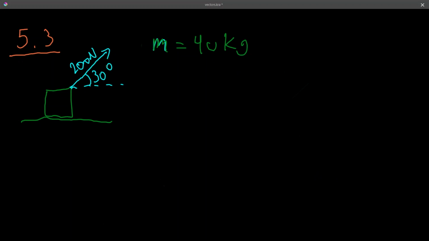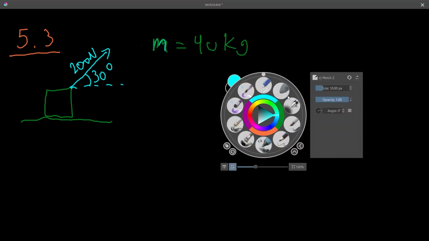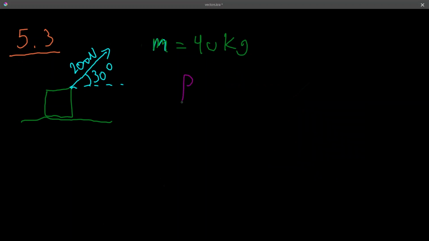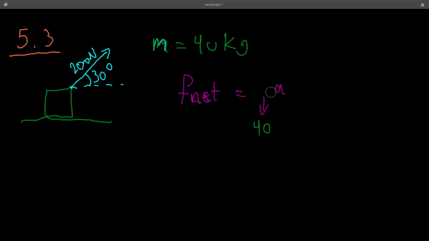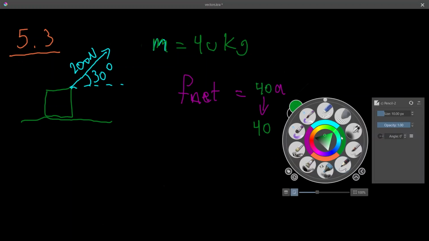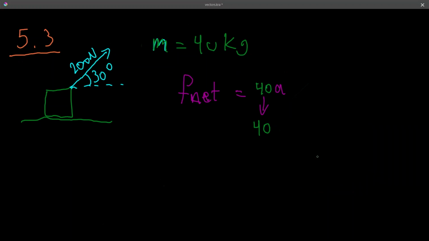So I want you to find this box's acceleration, right? So now all you have to do is you're going to say F net equals ma, and then you'll substitute m, it'll just become 40. And then F net will be your force on the x-axis. So it'll be this thing right here,